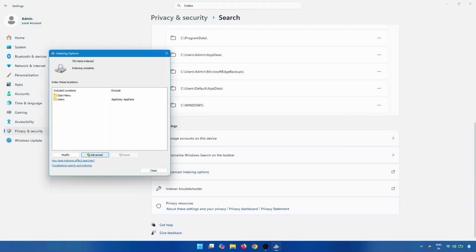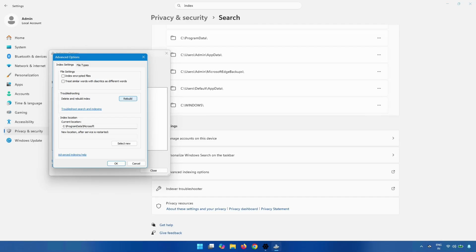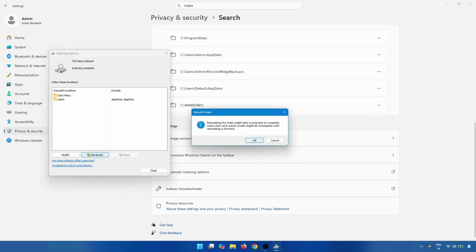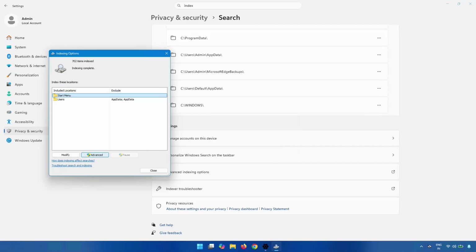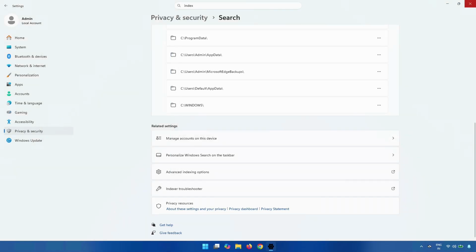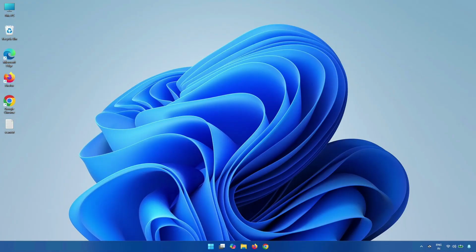then advanced, then click on rebuild, then click on OK, and then close it. Close. Then next option,